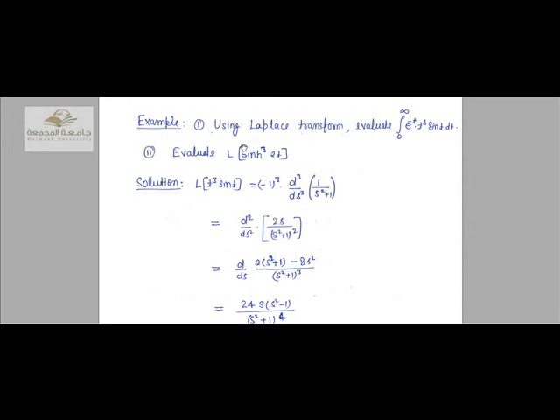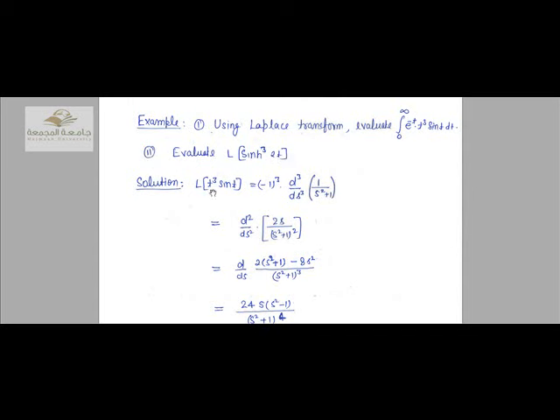Today we are going to solve some more examples using Laplace transformation. So first example is: evaluate the integral from 0 to infinity of e to the power minus t times t cube sine t dt. And second one, evaluate L of sine hyperbolic cube 2t. So solution,